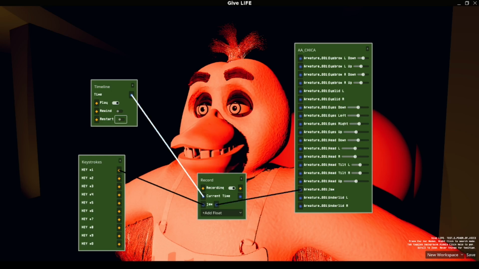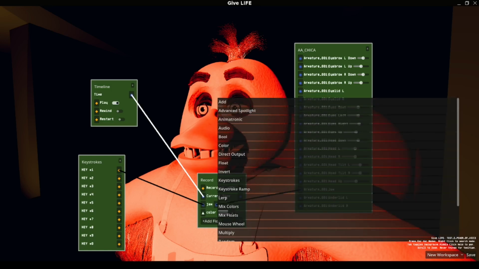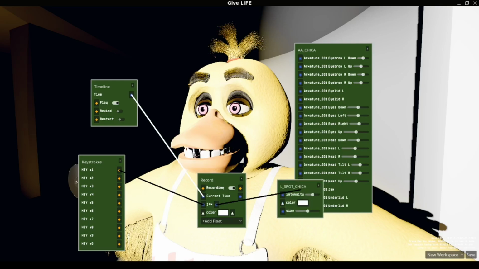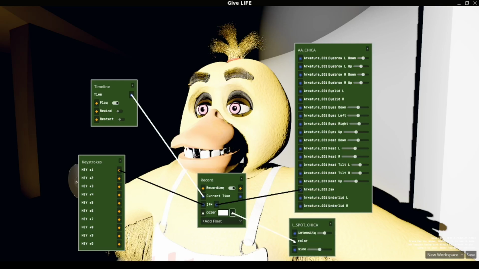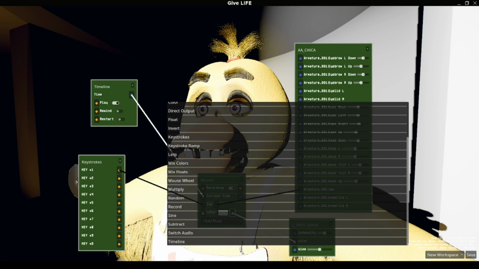Exactly. So, and I can, if I want to, now this will be weird on certain things like a spotlight color, but if I want to, while it's outputting, I can also continue to output my own thing. And it will look a little weird. It works. It's outputting what you're expecting. So when you insert weird values between things, it'll try to smooth between them. But it works. I can add another float, so I can add a color. Let's say color. And go back to the spotlight right here. And I can still plug that in and control that however I want.